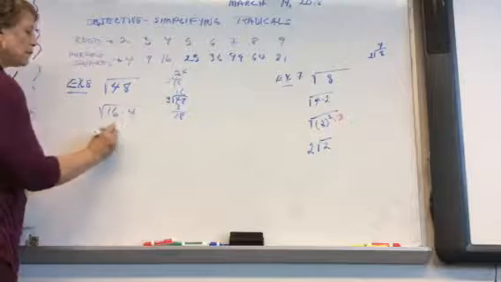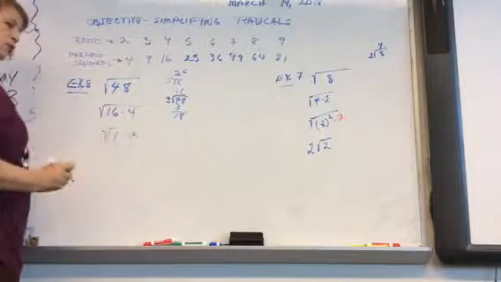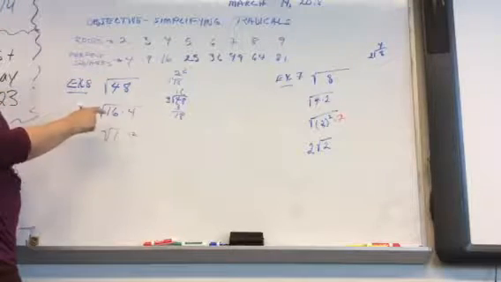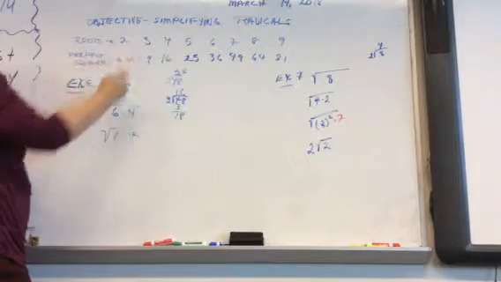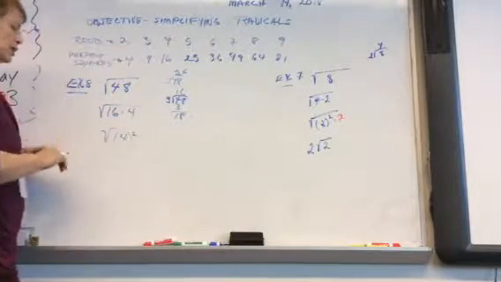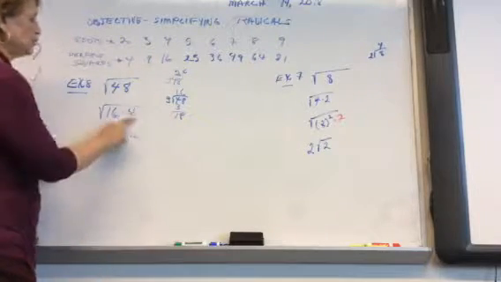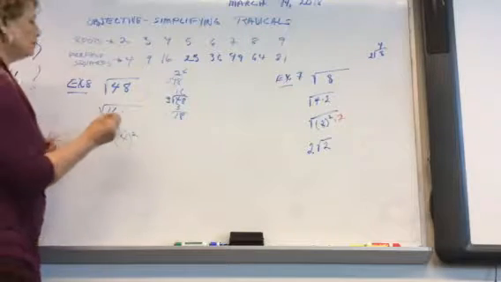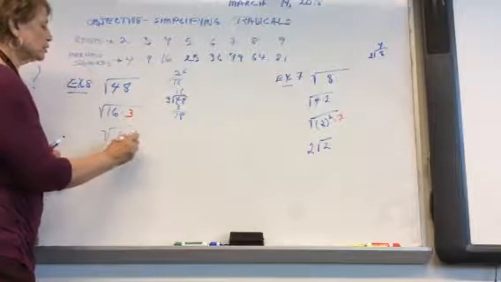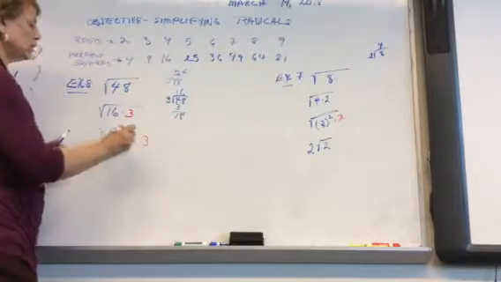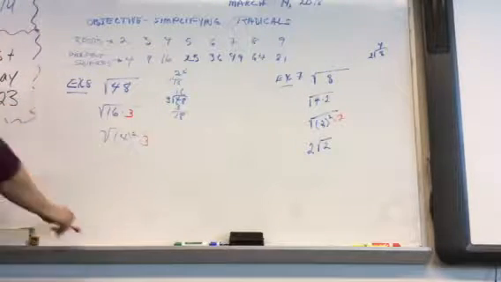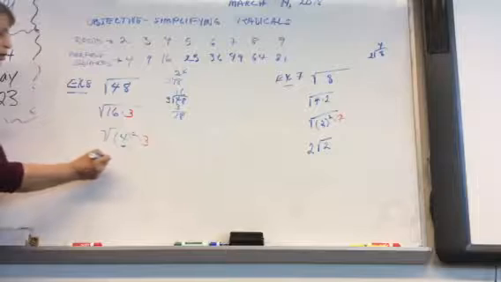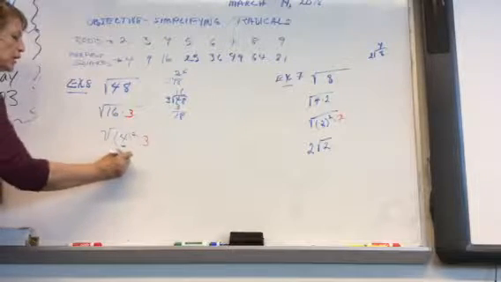Now, let's put our 2 on the outside parenthesis. And the square root of 16 is 4, so that goes on the inside. And I'm sorry, that should be a 3. I'll go ahead and write it in red. So that's going to give me 4 squared times 3. Now, inside the parentheses, I have a 4, so I can take the 4 out, and I'm left with the